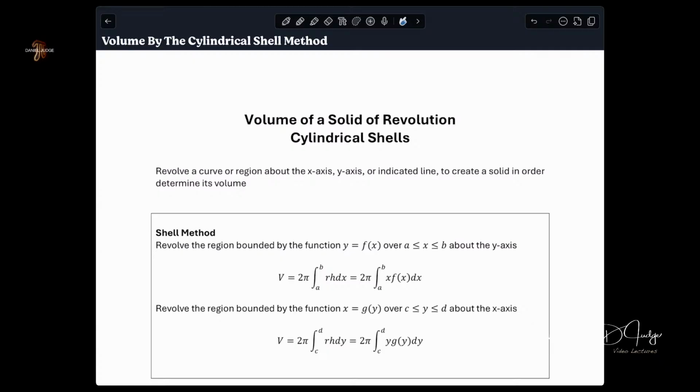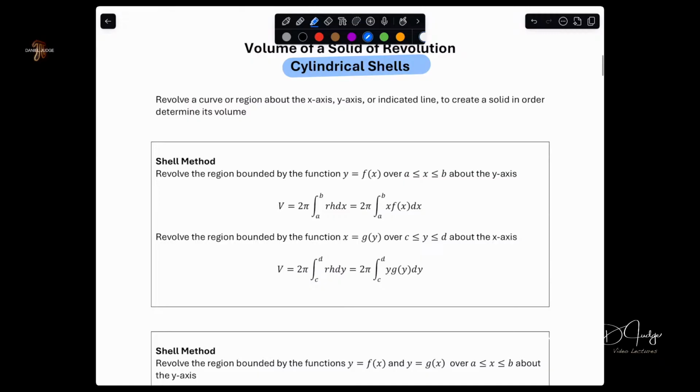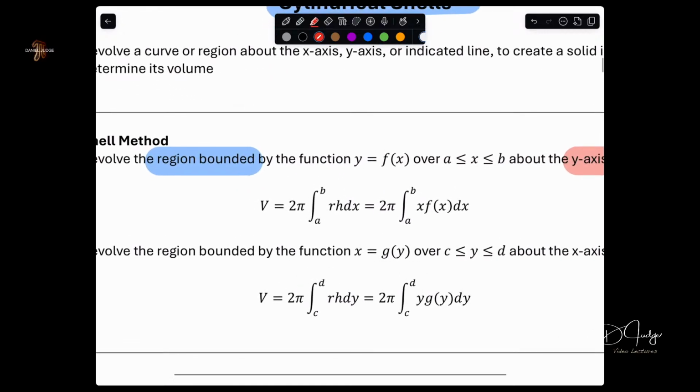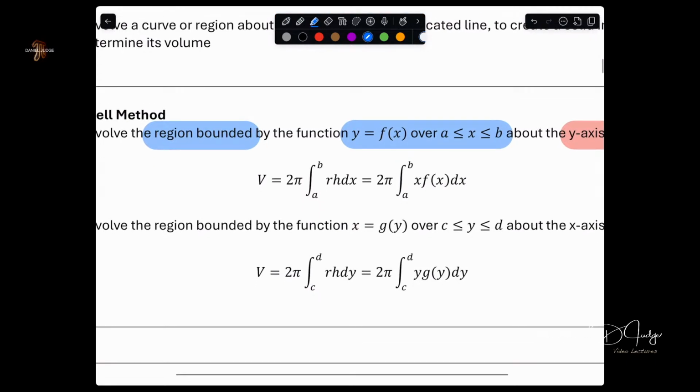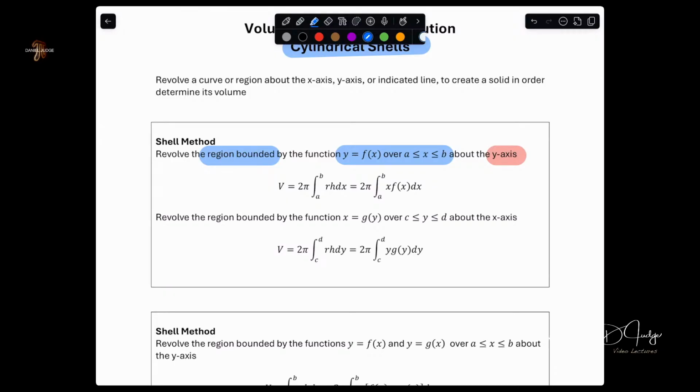This is the volume of a solid of revolution by the cylindrical shell method. So we have our bounded region. We're going to take a bounded region and revolve that region about the y-axis. They're going to describe a region here for you where you have some function over some closed and bounded interval. So your volume by cylindrical shell formula that we proved already